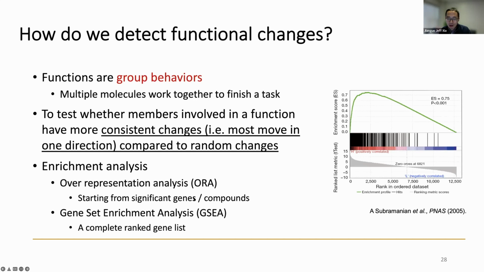For microarray or gene expression analysis, this is not a big deal because the transcriptome is measured almost comprehensively or completely. But this could be an issue for metabolomics because we can only measure small portions of the metabolome. Also, different platforms have different biases. So although this one is easy to use and a lot of people use it because you only upload the significant metabolites, a lot of the time it could be biased towards your instrument,